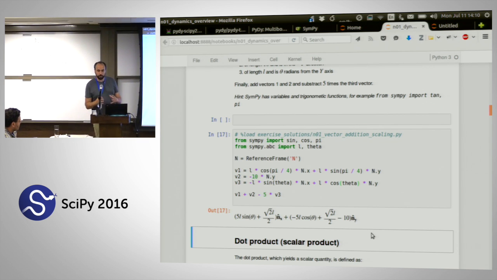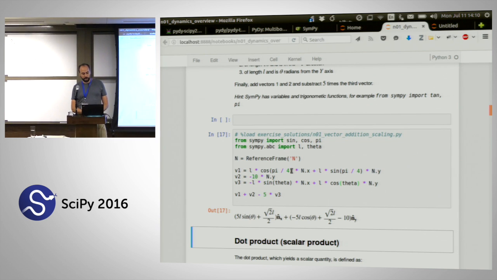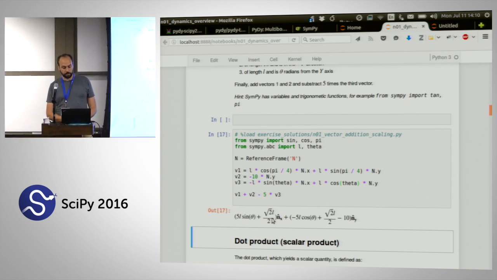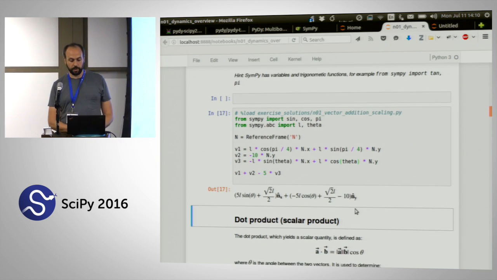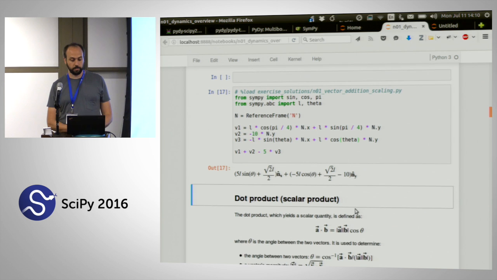So you can see that it gives a full symbolic form of the situation, and it also automatically takes cosine of pi over 4 and throws in the square root of 2 over 2 for you. So this manages all of our vector algebra that we do. Any questions there on basic vector introduction? Yes? Quick question. When you calculate the magnitude of the 3 vectors, why doesn't